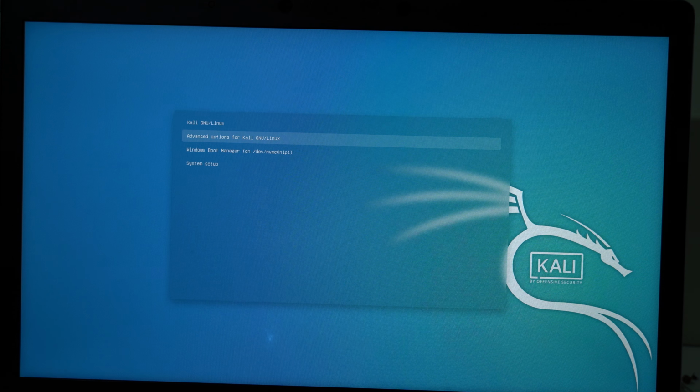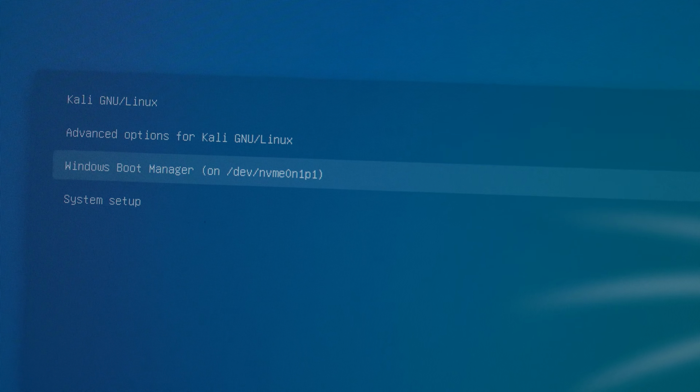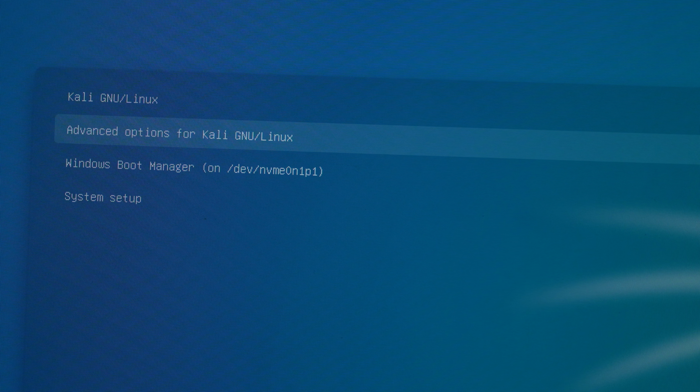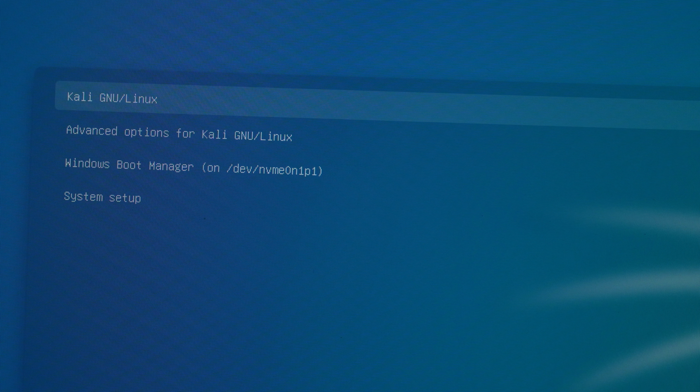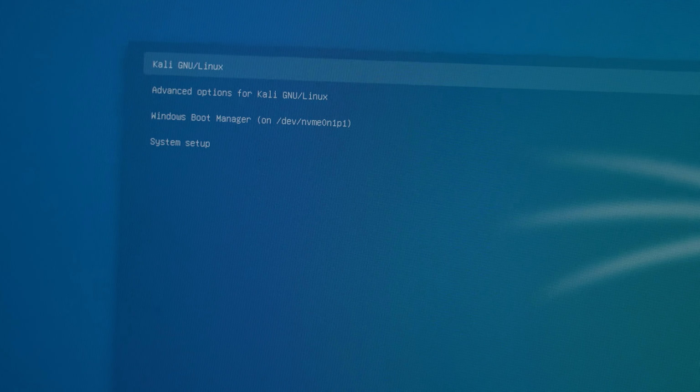And now we have our options here. The first option is Kali Linux. The advanced options for Kali Linux, for example, the recovery mode for Kali Linux. Then we have Windows Boot Manager. If I want to go to Kali Linux, I'll use the first option. If I want to go to Windows, I'll use the other option here. So first of all, let's boot into Kali Linux. I'll go to the first option, hit enter,